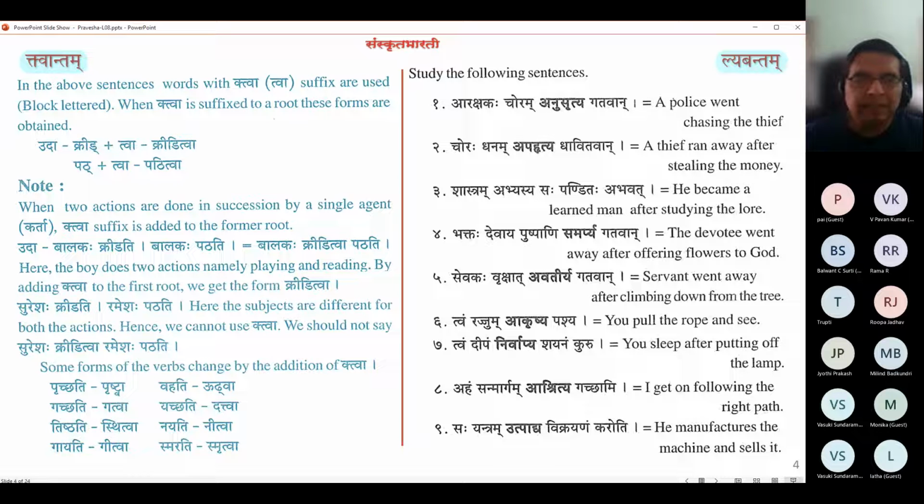And another thing is tvanta is not a past tense as such. Okay, so as you will see, Ramaha shalam gatva shvaha pustakam patishyati. So we can push the whole gamanakriya and the patanakriya into the future. Gatva doesn't change in any sense. It remains gatva, whether it has happened in the past, it's just happened, or will happen in the future. Okay. Ramaha hyaha shalam gatva pustakam patitavan. So that is all in past tense.